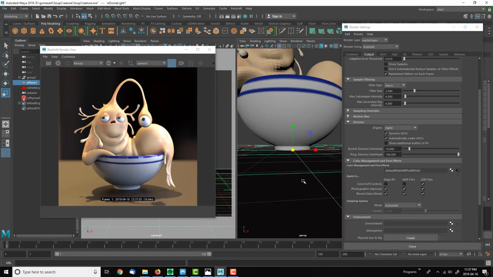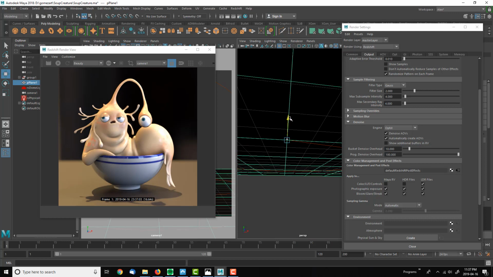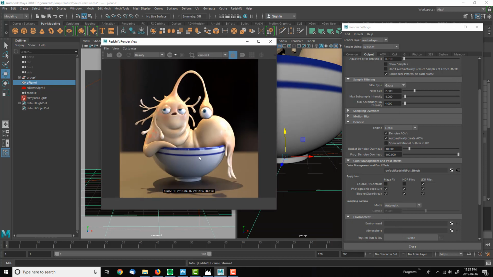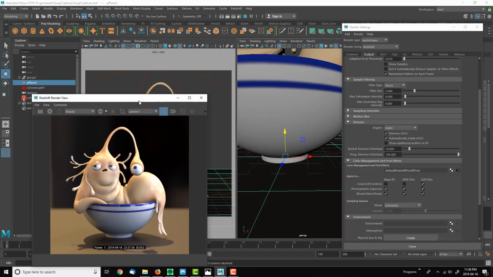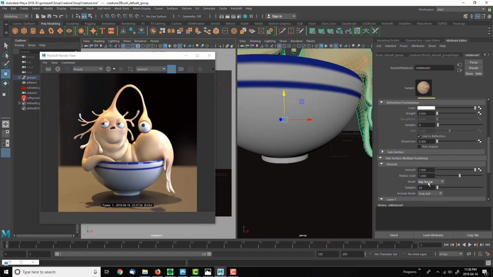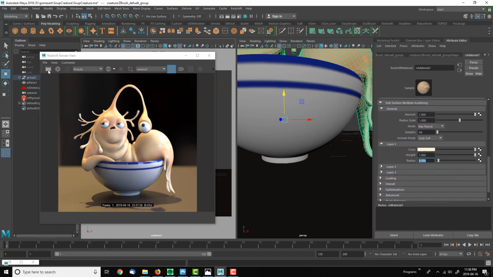I render a 1080 by 1080, so I can just post it on my Instagram page. That's looking good. I'm liking how it's looking. I know the bowl looks a little bit too clean. I didn't really do a lot of work on it. I was just focusing on the creatures more, but to be honest, I should have